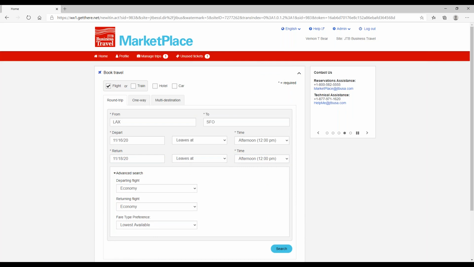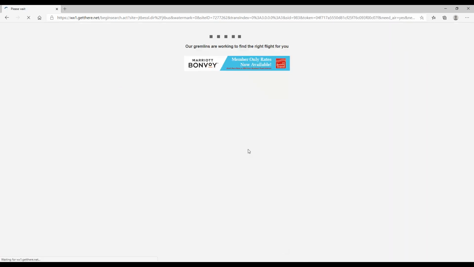Under Advanced Search, we can choose the class of service for both the outbound and return, and also the fare type preference, either lowest available or unrestricted if we want something that would be fully refundable or changeable, and click the search button. Our JTBMarketPlace.com tool is currently searching and bringing in content from multiple sources, including web fares, which